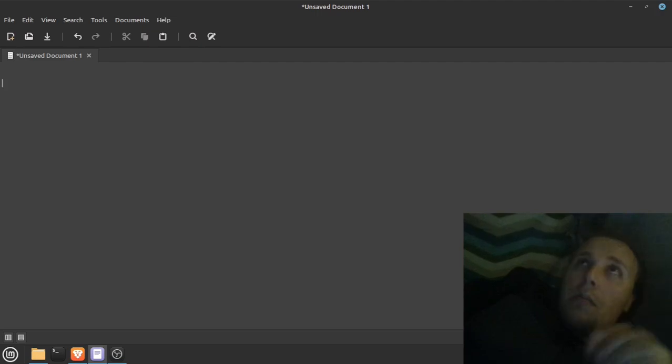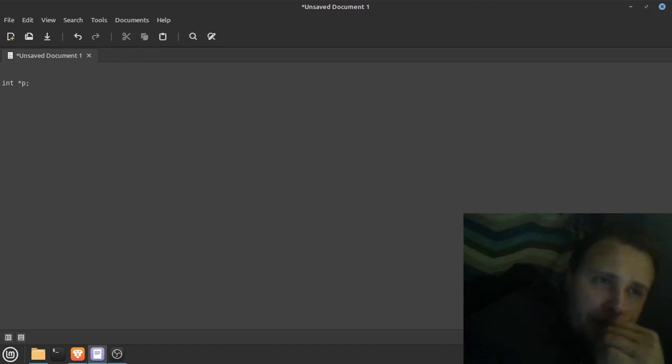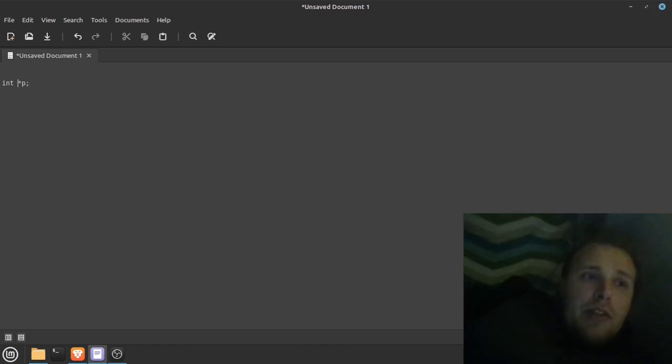mutating memory through a pointer when the memory that you're pointing at isn't actually supposed to be mutable. So in the C programming language, all of your memory that you're pointing at is considered to be mutable by default. So like this int *p means that